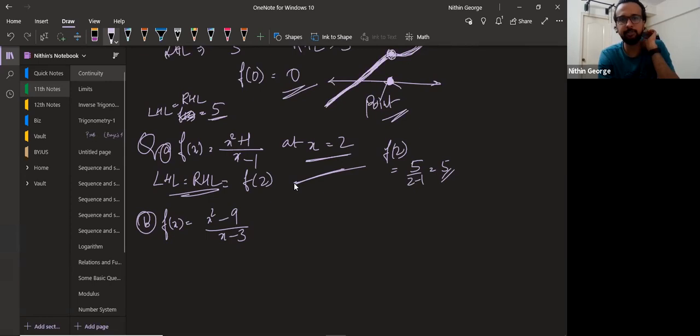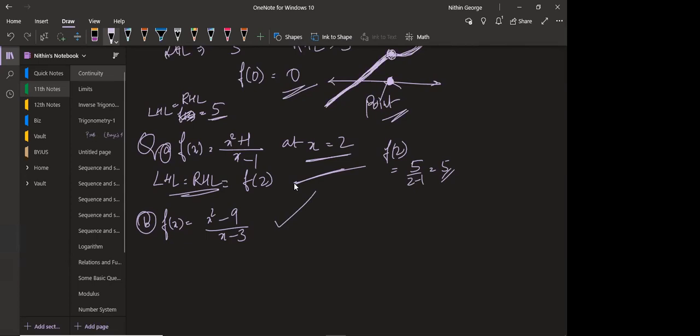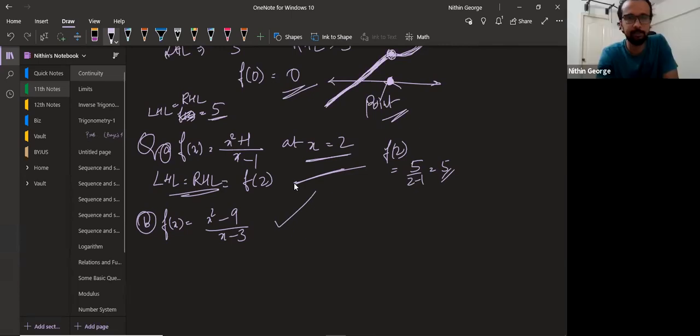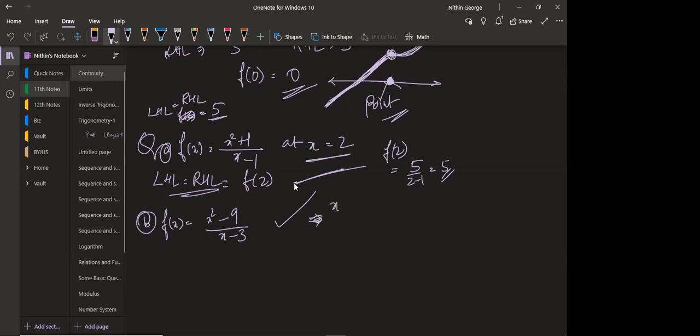Now, can you tell me anything about this function? Is the function continuous? I'm asking. Yes, sir. It's continuous. Okay. Which are the points you check continuity for? And where do you check the continuity? Three, sir. How do you check the continuity? Tell me that. When we put x is equal to 3, we get an indeterminate form. So we modify the function, and then we get f of x is equal to x plus 3.